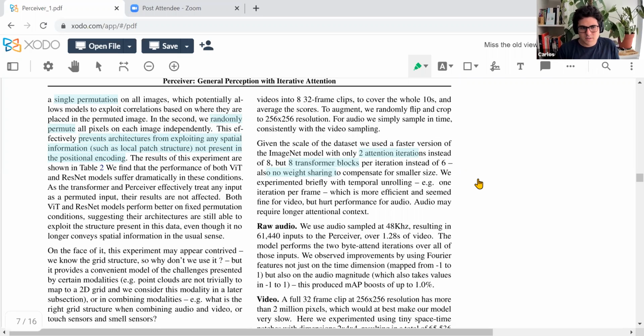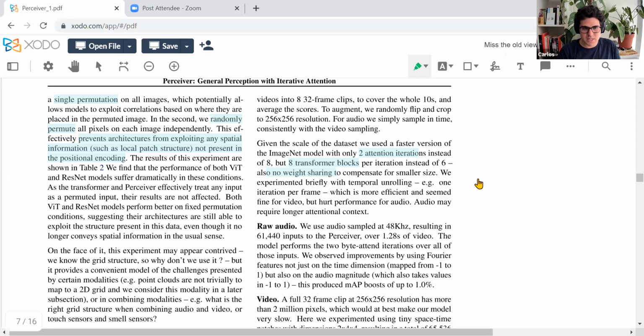Yeah. There's an interesting intuition in the explanation that they give on what is happening. They also do the fixed permutation, where they do the same permutation on every image, and the other architectures are still able to maintain some accuracy, which according to them suggests that ResNet and Vision Transformer can learn that there is a permutation in the data and kind of filter for that. But when you randomly permute the pixels on the images independently, they're not able to pick up this permutation,